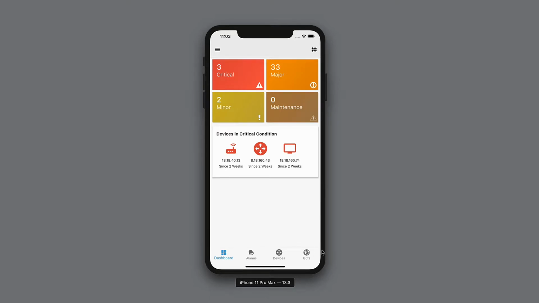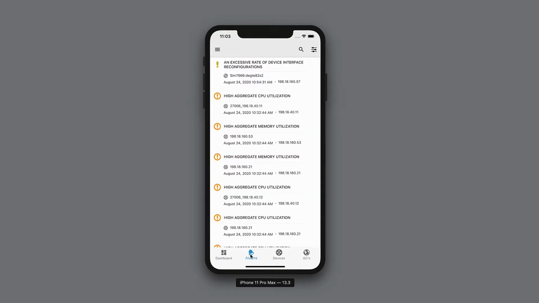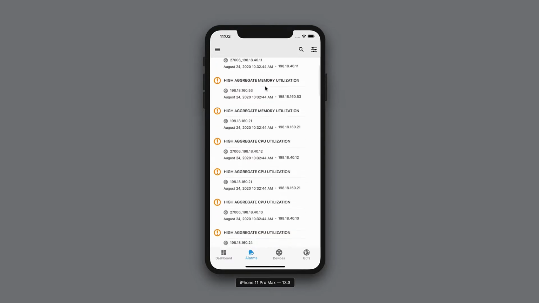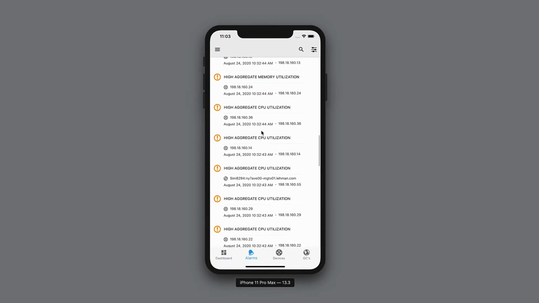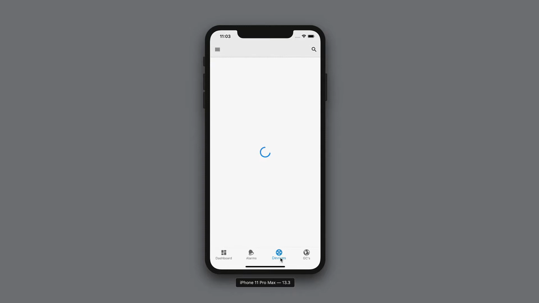So in the bottom, you can see the bottom navigation bar. Using this, we can navigate to different sections of the app. We have alarms view where we have the list of alarms from the server. We also have the device view where it will show the critical devices from the server